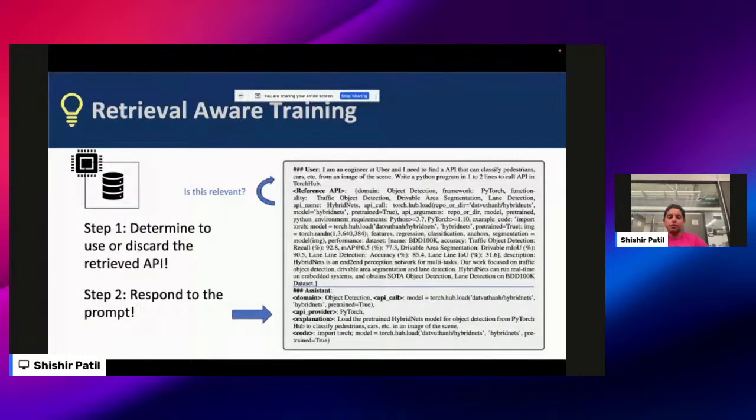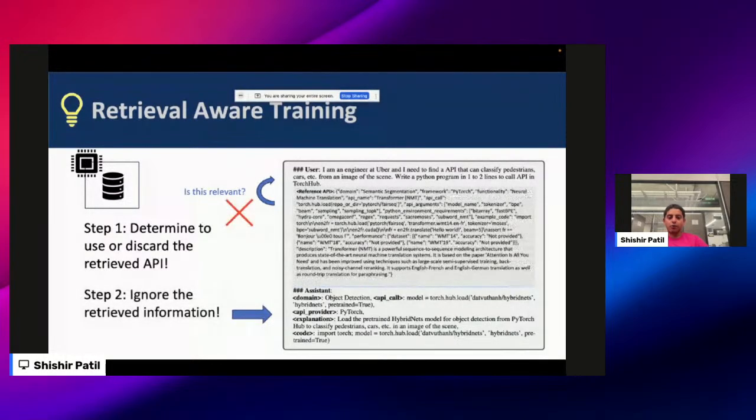Now, obviously, in the training time, we also use wrong APIs. Why do we do this? Because your retrievers can be inaccurate. Remember? So what if the retriever was inaccurate and it gave you a PyTorch phase sequence API? Now, this is a translation API. So using this to identify pedestrians or cars from an image is not really practical. So what Gorilla the LLM does is that it's been trained to ignore this API and